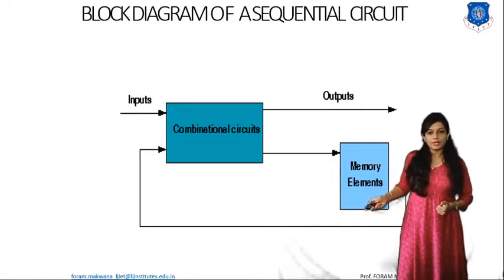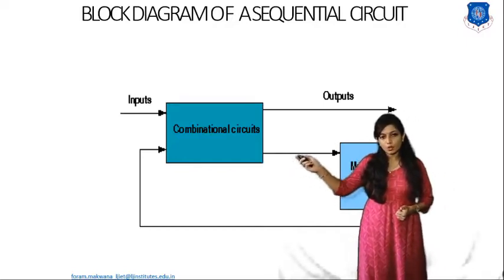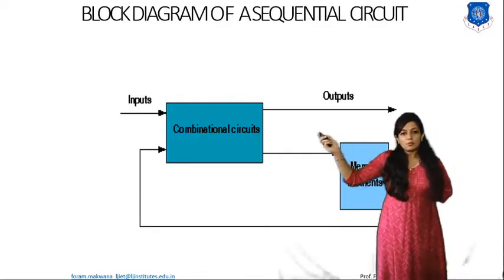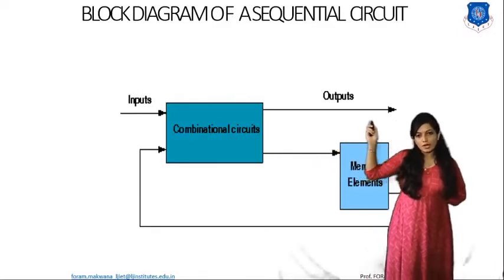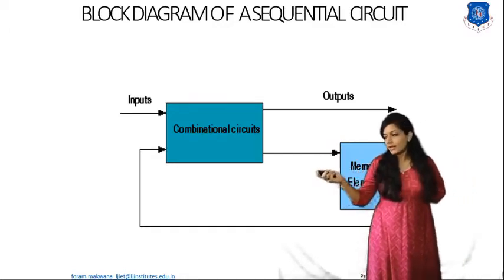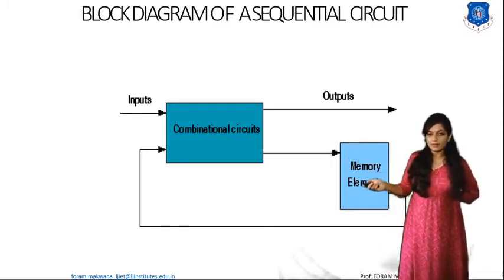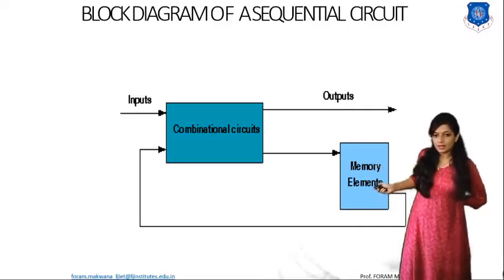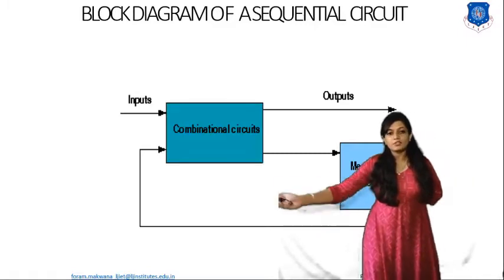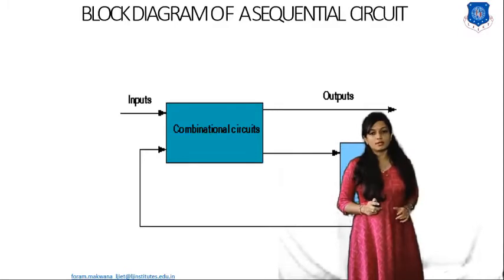You are able to find that it is a combination of a combinational circuit and memory. See, input is applied to the combinational circuit, which provides the output, but my next state, or we can say my output, is also dependent on the previous state. That's why it is stored in the memory, and whenever it is required, it is called from the memory and applied to another input of the combinational circuit. Alright.